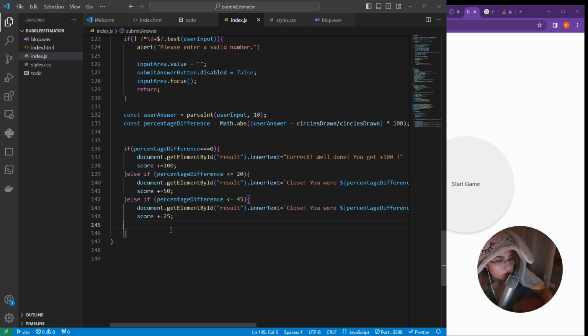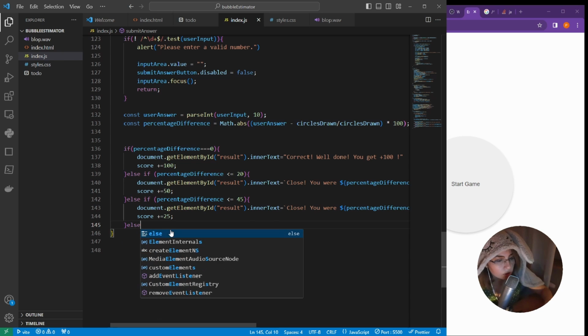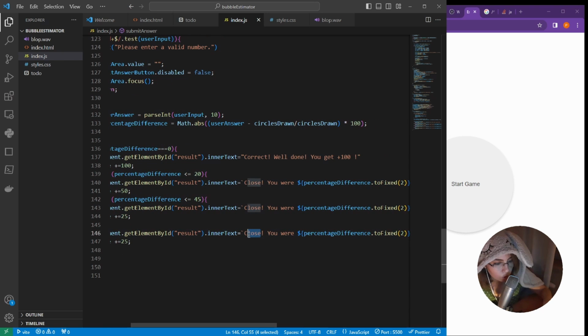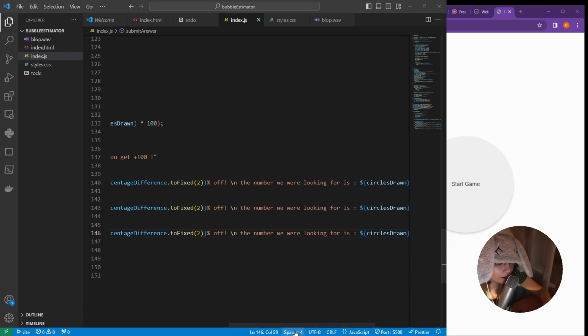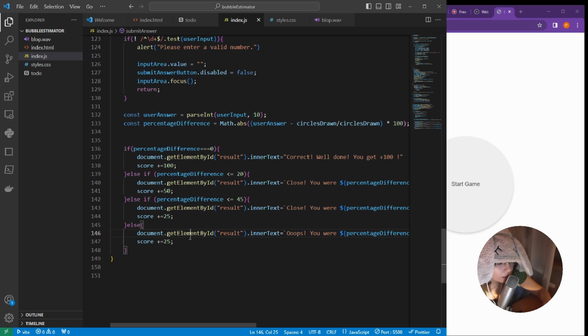And then finally else, we can say oops instead of close, and then we say the percentage difference also, and then the number we are looking for. And our loser user doesn't get any points added to their score. Okay,